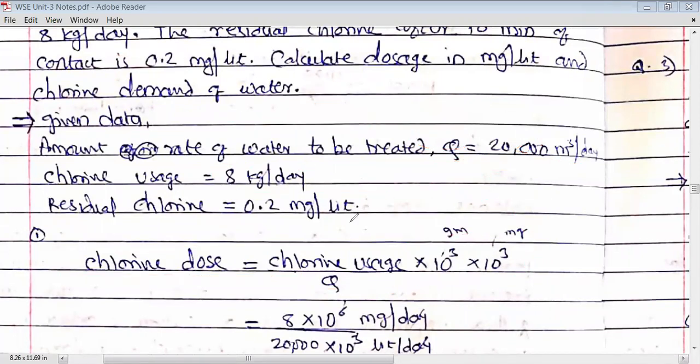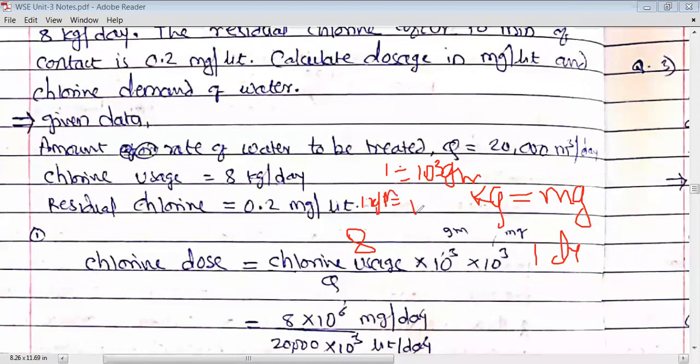8 kg per day. नाव 8 kg आपण इथे 8 kg हा लिहिला. ओके, पर डे हा पर डे तसं त्या ठिकाणी आहे. तो जो kg आहे, that kg I want to convert into mg, milligram. Okay, so how to do that? 1 kg is equal to how much gram? 1 kg is equal to 1000 gram, or 10 to the power 3 gram, right? And 1 gram is equal to how much milligram?